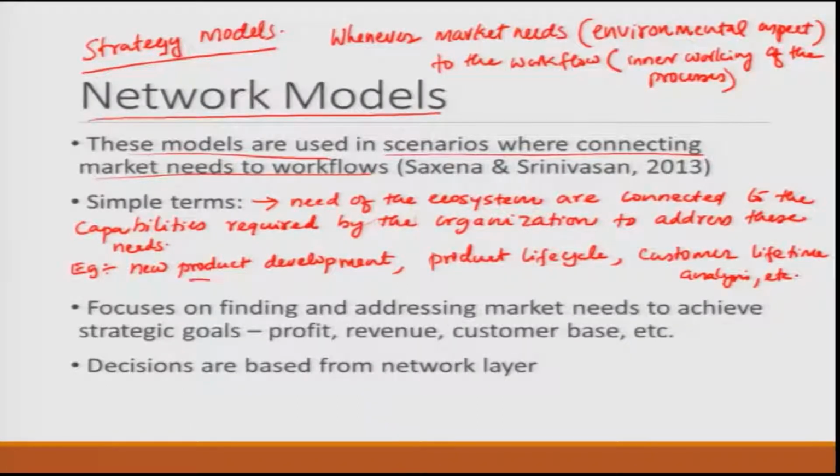An example of this would be new product development. When Tata developed the Tata Nano, there was a need for a cheap car in the country. That is the need of the ecosystem of India, and Tata set aside resources to produce a small family car, which would meet the transportation need of a common man. This is how the Tata Nano was produced. The need of the society was to have a cheap car, and the network model was how to build capacity within that company to build such a small car, so that the common man can buy that car and fulfill that need. That is an example of new product development.